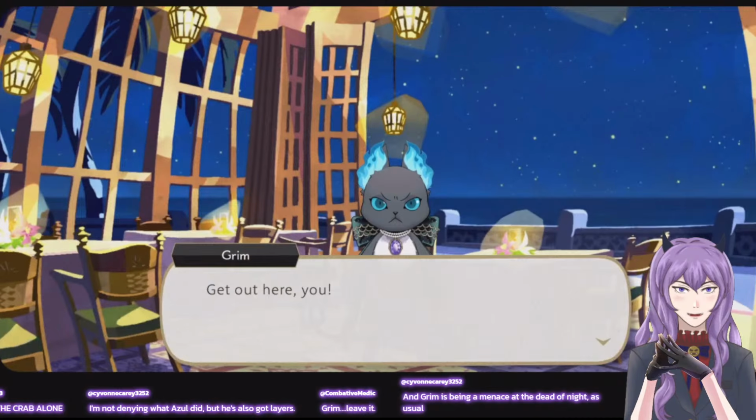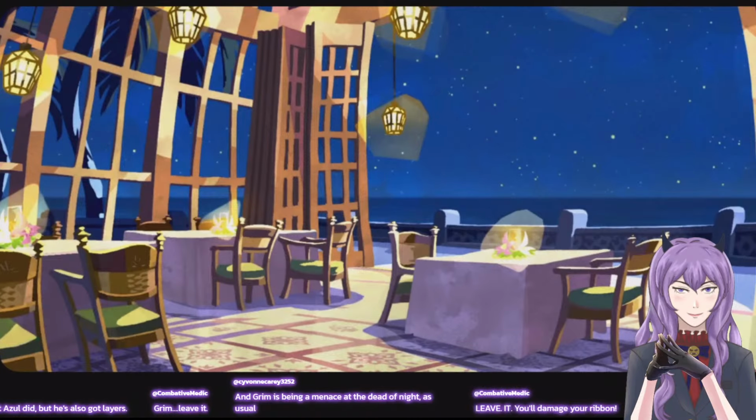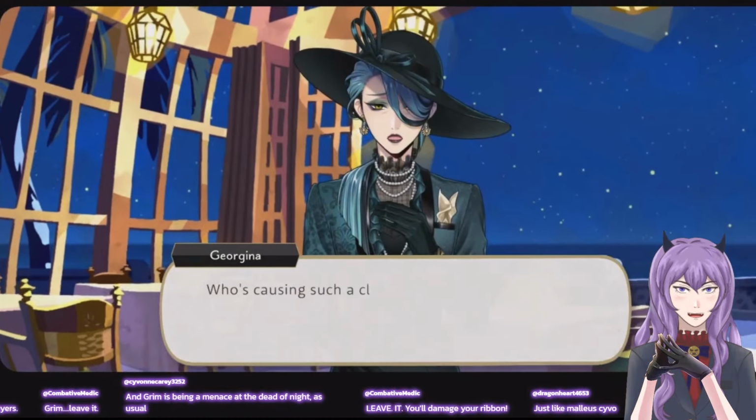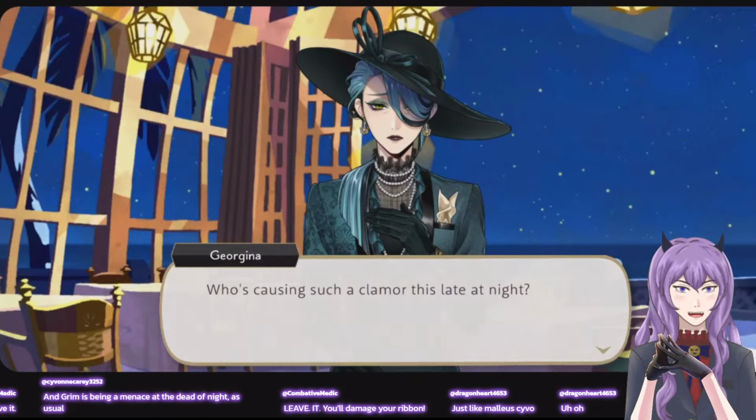This crab is outsmarting him. Oh, who's being a little... Who's being messy?